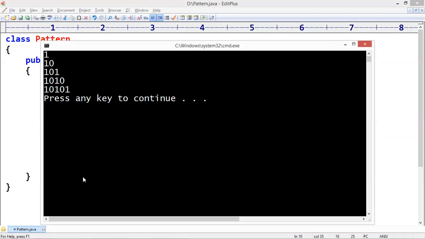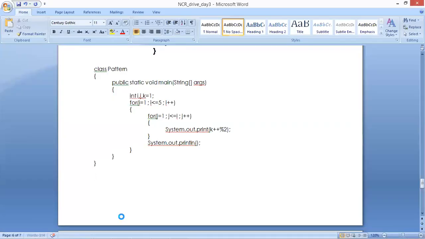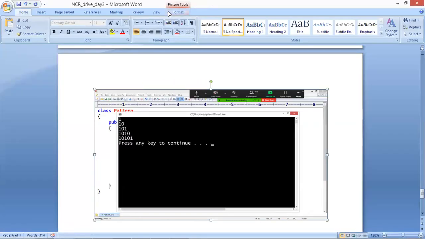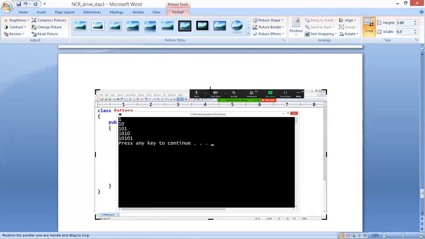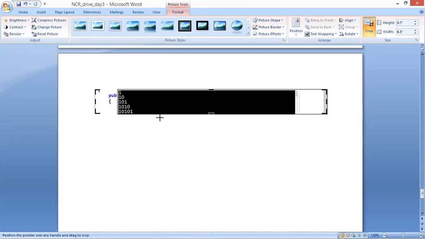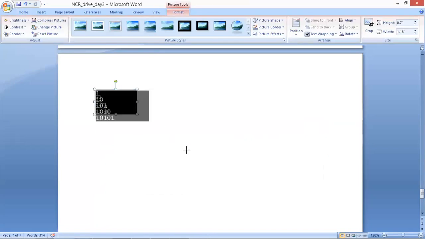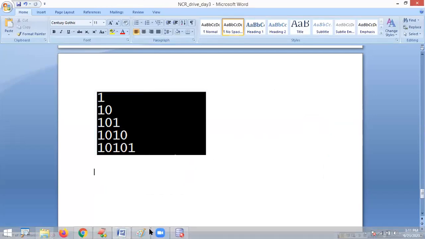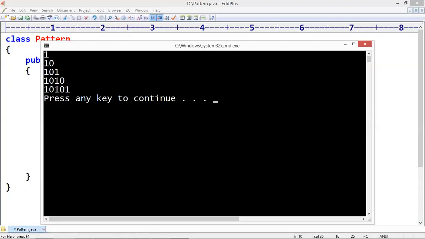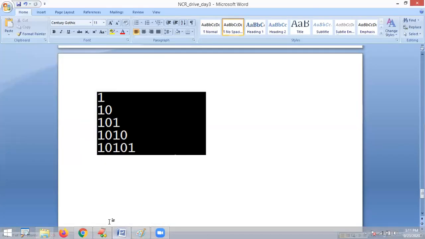Look at this, every time it starts with 1, and this pattern is printed. So sometimes i mod 2 also will come. Such types of patterns they will also expect.